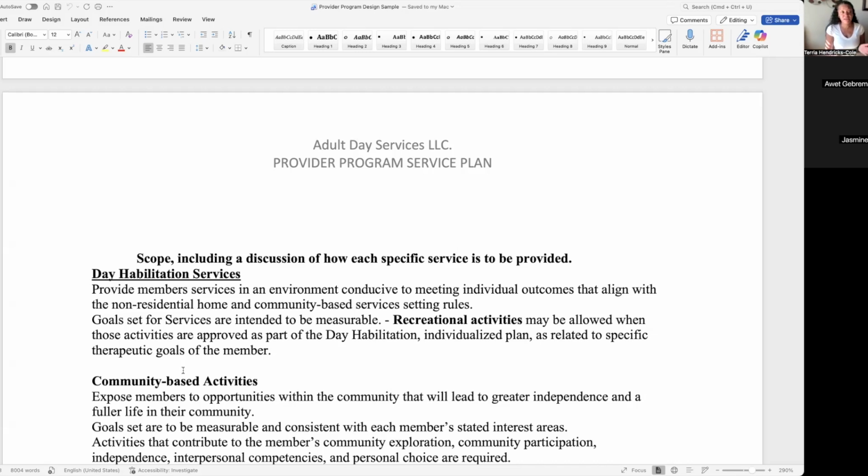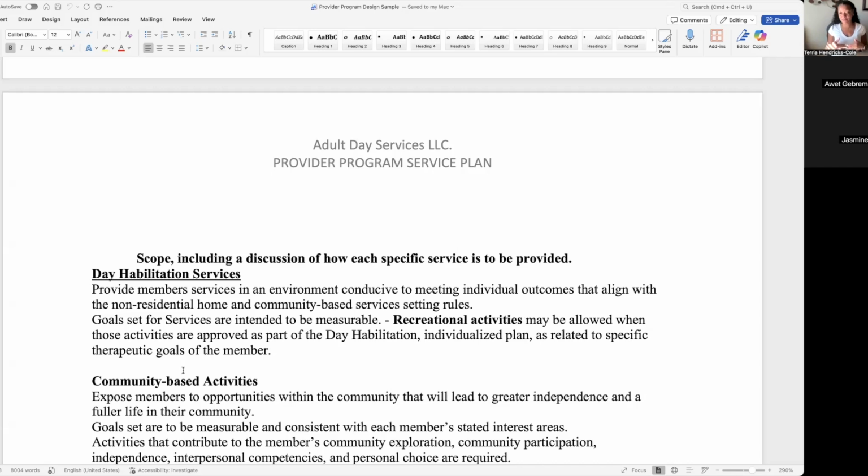But in our agency, we have a movie theater. We're one of the only agencies that actually have a movie theater on site. So you can be as creative as you want. And I would advise you to be very creative with the services, especially if you're going down the socialization aspect of it, because a lot of agencies provide socialization services. That is the most common service that most of the agencies provide.